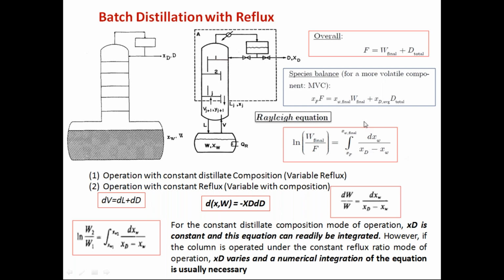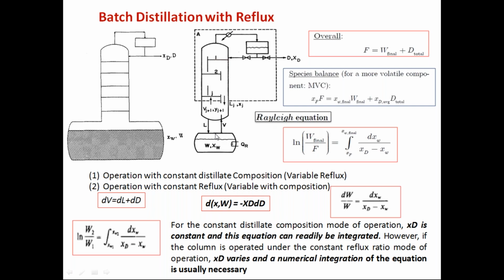So however, we have defined this equation for the initial to the final conditions. In between initial to the final condition, this has been integrated and finally we found... So if this is not there, your y value is equal to xd, and the xd is equal to y value in the Rayleigh equation, and your xw is equal to x, which is changing in the bottom column. So these are the two variations. So you can do integration. Finally, you can find out the graphical integration of the area under the curve can be estimated, and finally find out w by f fractions.